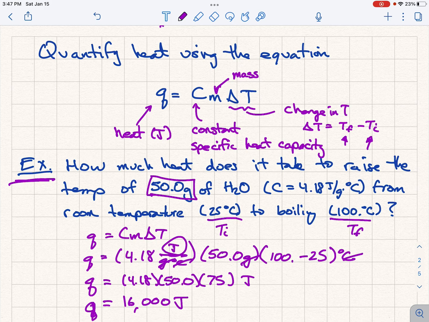And as you can see here, you could now just express this as 16 kilojoules, right? Because that would be more convenient. You don't have to, because the problem didn't ask you for specific units, but a lot of times people are more comfortable in kilojoules. People get these numbers and they're like, oh my gosh, I must have done it wrong. No, it's totally fine. A joule is just not that much energy. Okay, so